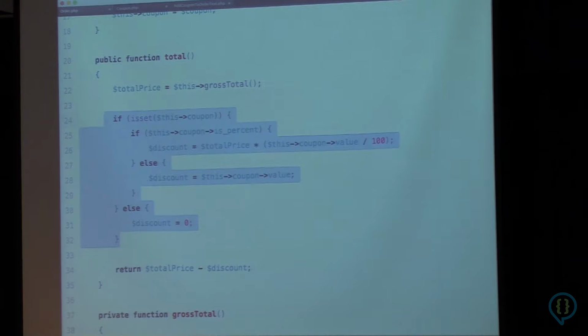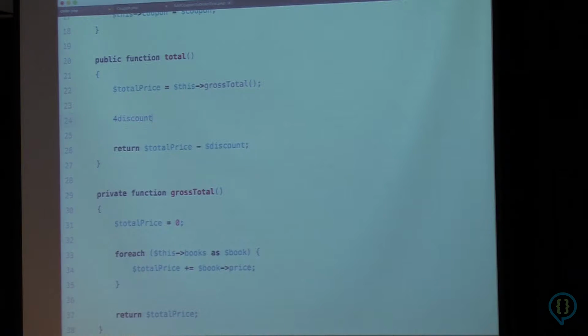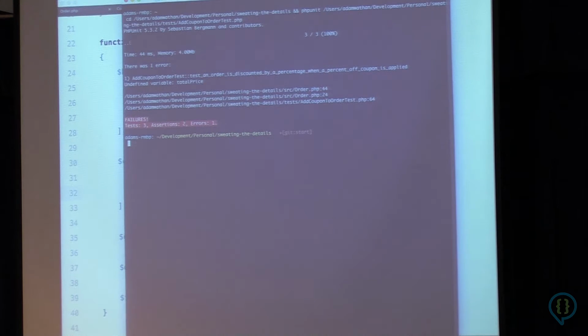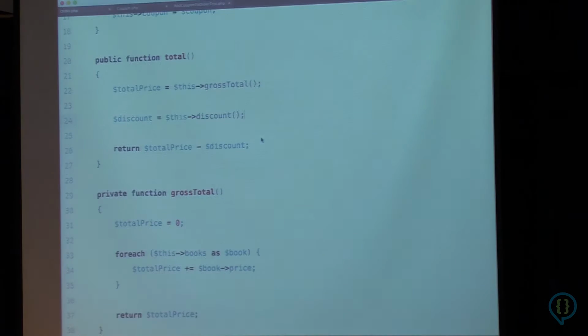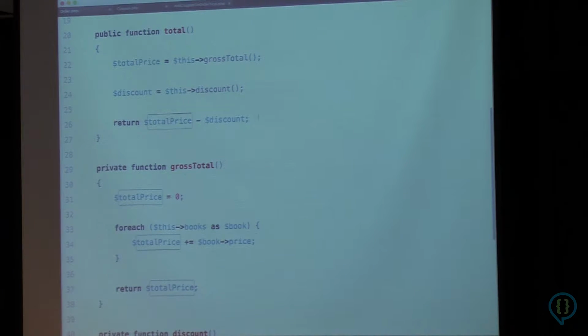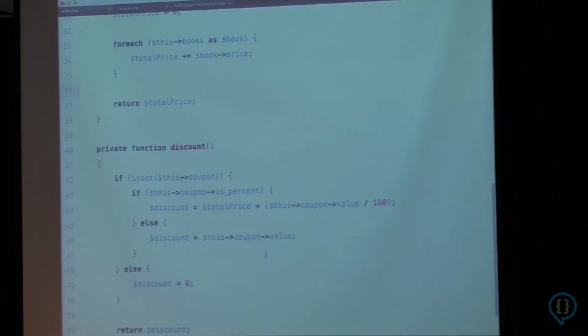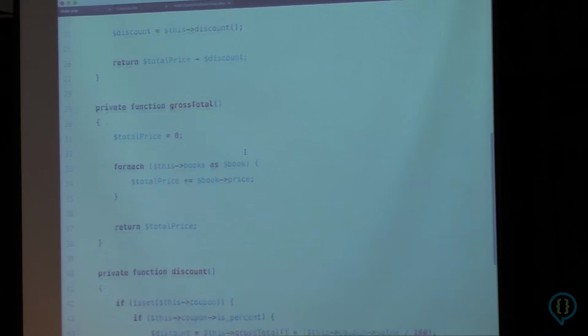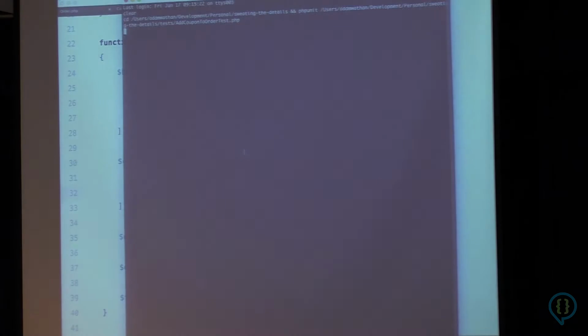Now we can just say, discount not for, equals this discount. And we're going to get an error here. And the error is because we have not defined this total price variable. It's a little small, but you can see here, we were relying on the total price here to determine the discount. So, you could do something like passing that in, but in this case, since it's calculated in this instance method, we can actually just call that method directly from here. So we can just say this, gross total. And now with any luck, when we run the tests, they'll be green again.